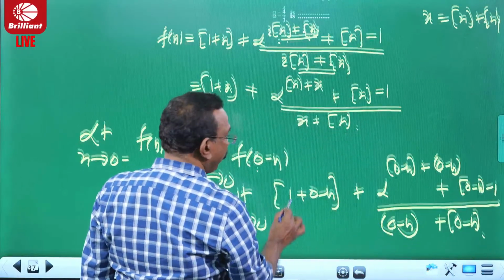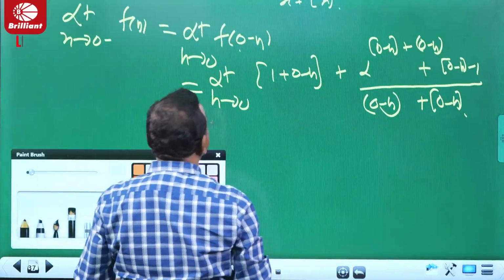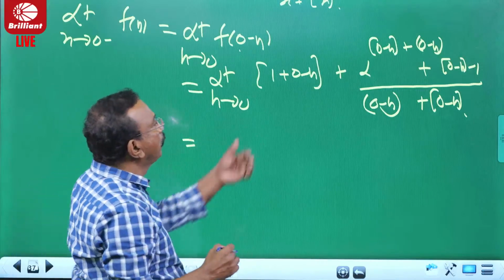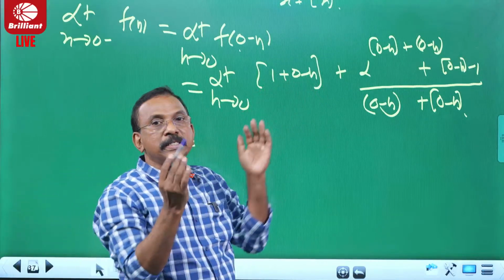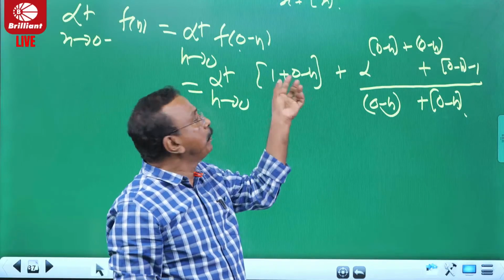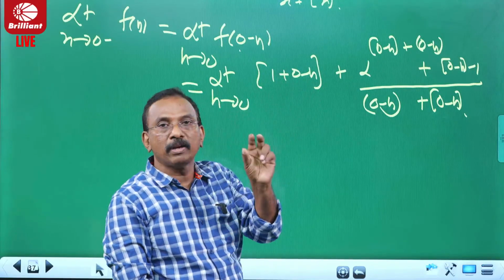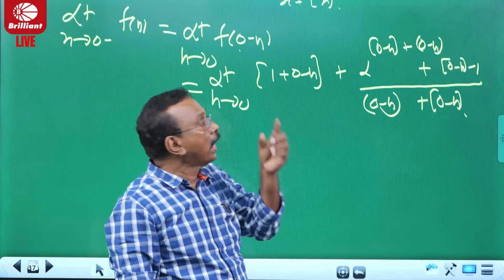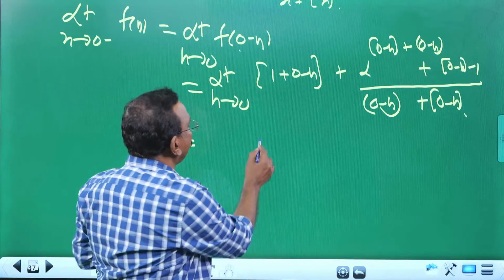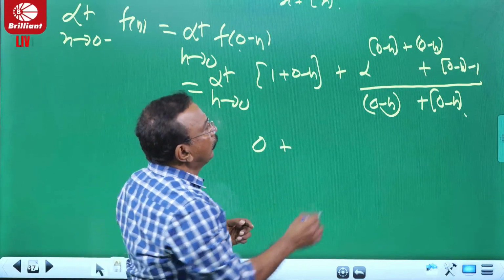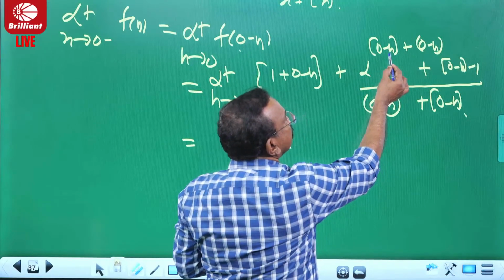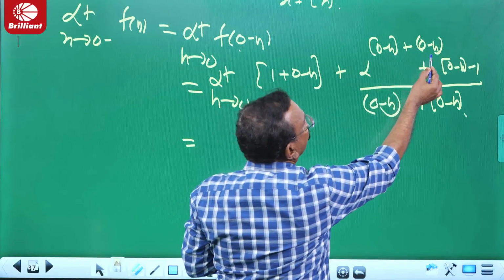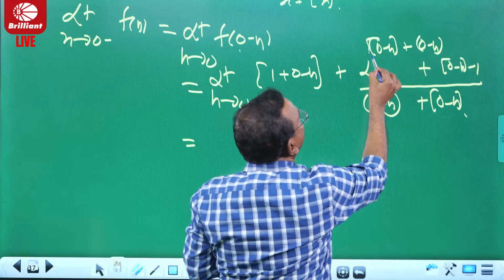Now look at this expression before applying the limit: 1 plus 0 minus h is less than 1, so its integer part is 0. Here again you can see it is 0, but here the integer part should be